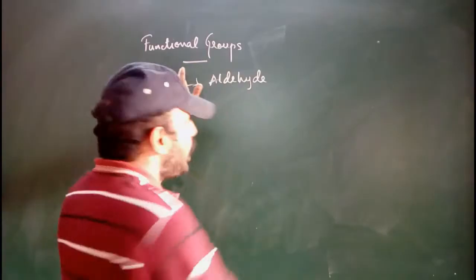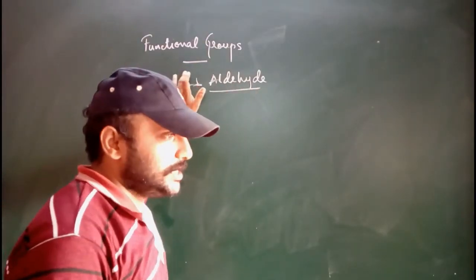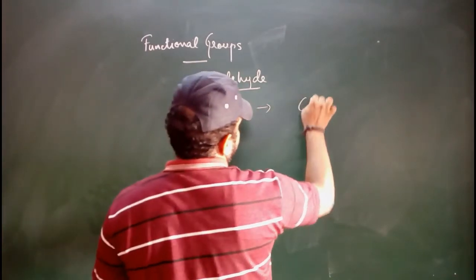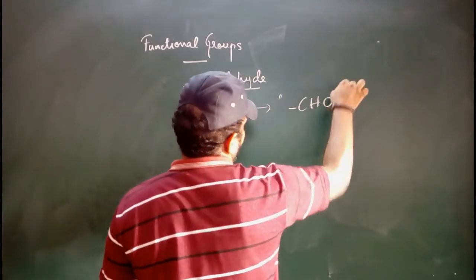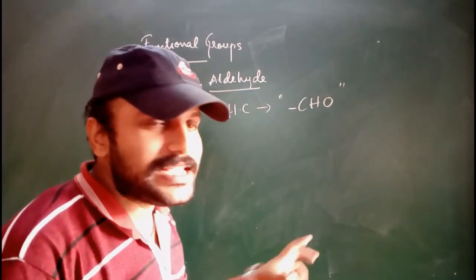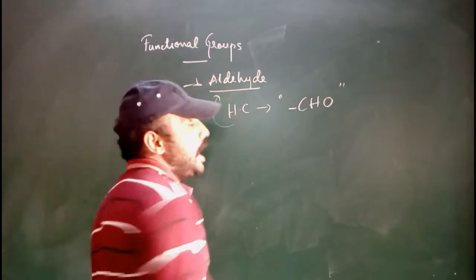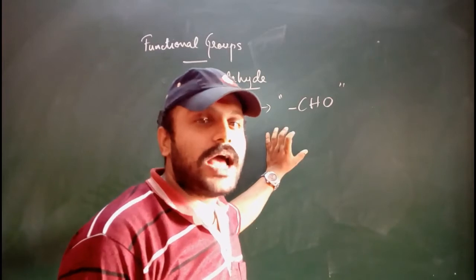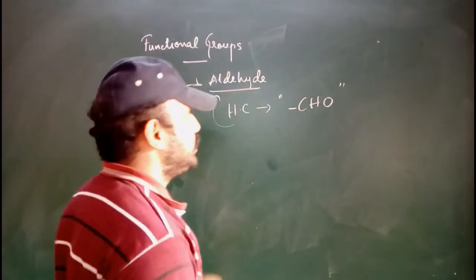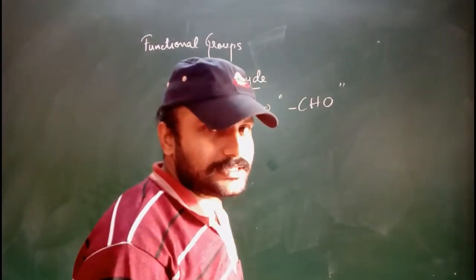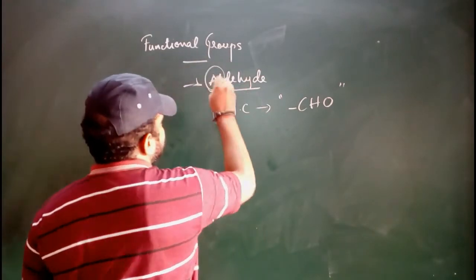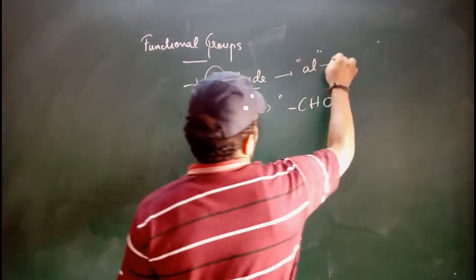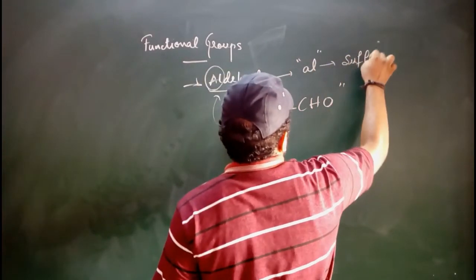Understood everyone? Aldehyde. Okay. What is the general formula of aldehyde? Any hydrocarbon containing CHO functional group is called as aldehyde functional group. Understood? As that of alcohol, at last two letters will be taken as a suffix, right? Here, first two letters will be taken as a suffix. Means what are two letters? AL. They use as what? Suffix.